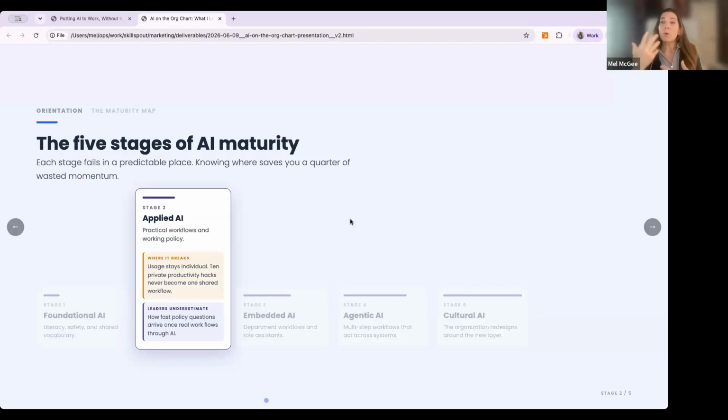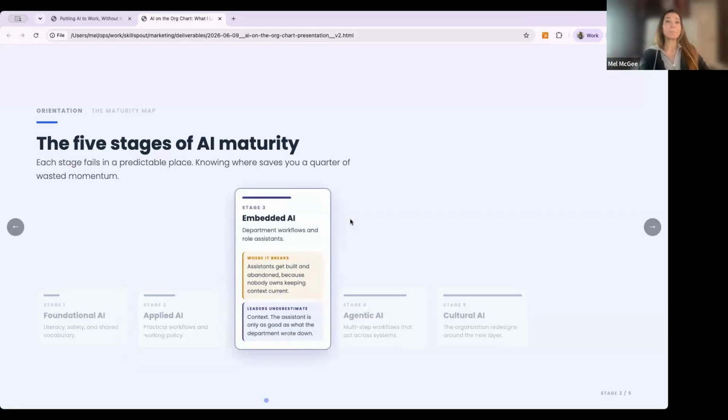And then working with organizations to explore the tools that are already built in. For example, if you're a Microsoft shop, you might go through Copilot and look at how you can use Copilot with Microsoft 365 applications or using the built-in agents Microsoft already provides.